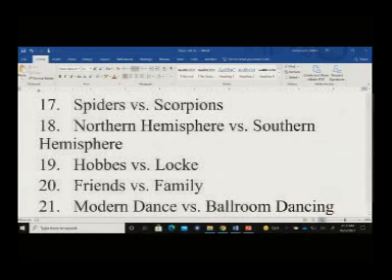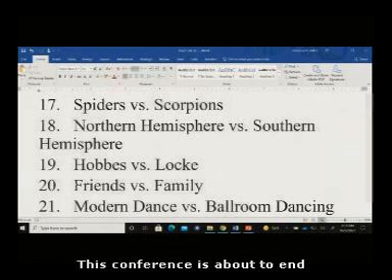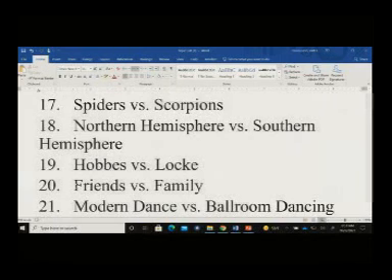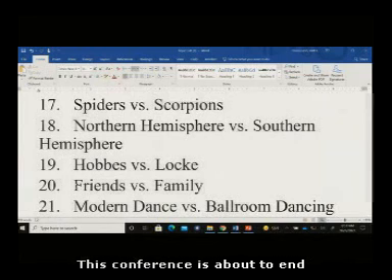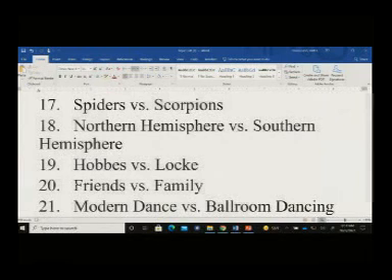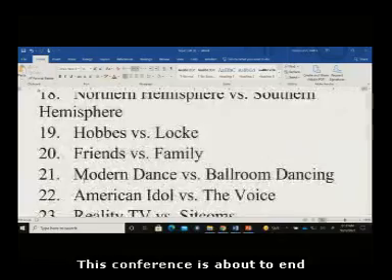Friends versus family. Oh, I'm going to do that, you're going to think. Those are a lot harder topics than you think because they're so dadgum similar. Friends are always there for you. So is your family. Friends don't live with you. Guess what? Yeah, they do sometimes. Modern dance versus ballroom dancing. American Idol